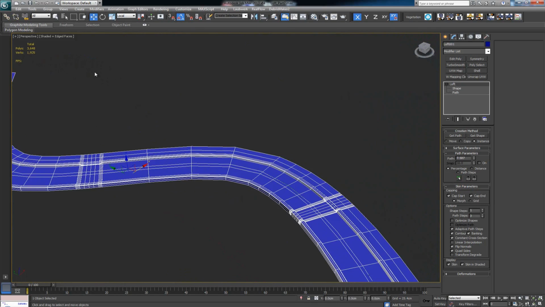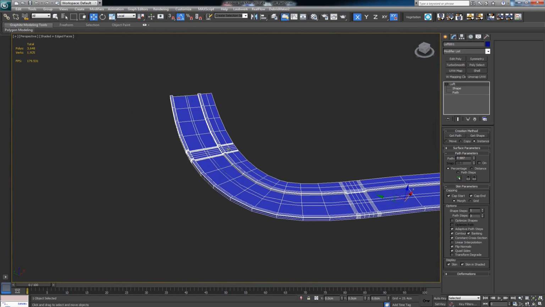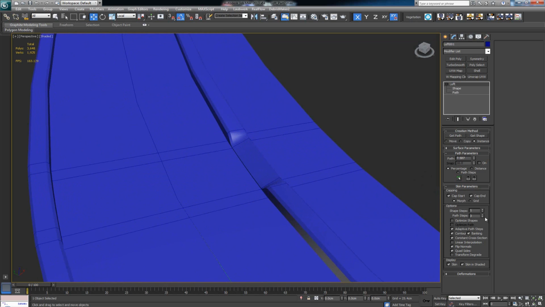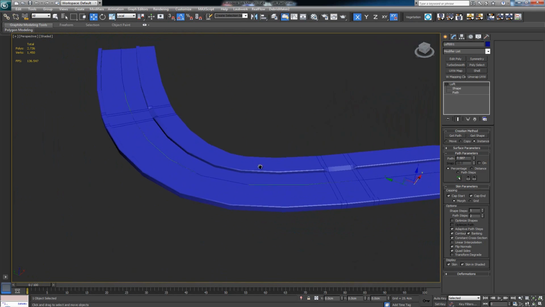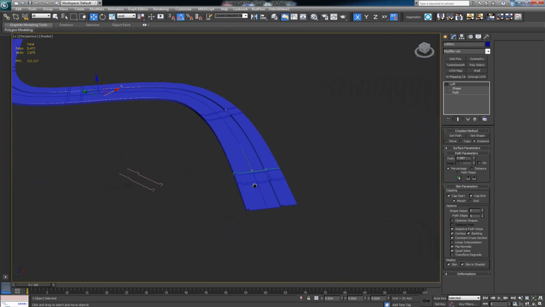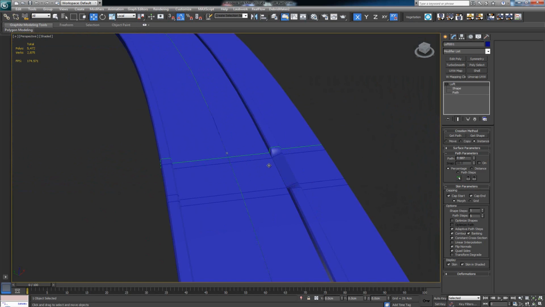Actually, it's 3.6 thousand polygons, and I'm not losing too much quality by reducing the number of path steps, but I don't want to reduce it way too much, because if I reduce it below 2, I'm starting to get some breakage on the geometry. There we go. So something like 5 would be ideal, at least for this example. All right,